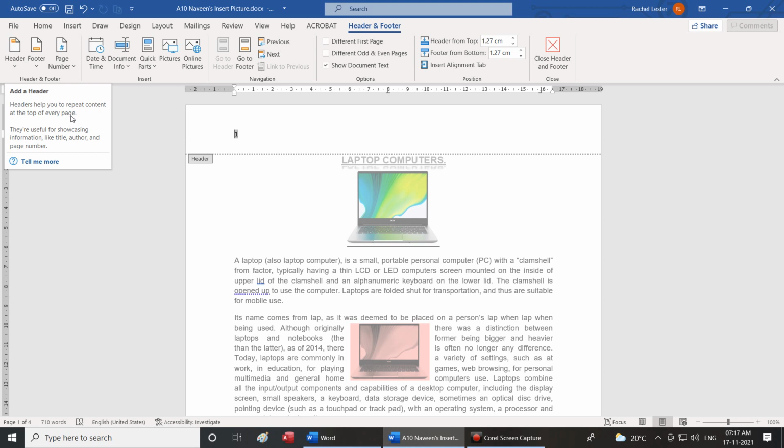They are useful for showcasing information like title, author, date and page number.